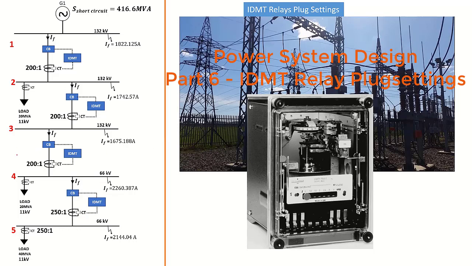As you can see, we have a 5 bus bar arrangement, and on the top bus bar we have a line that is rated at 132 kilovolt flowing downstream. A second bus bar also has 132 kilovolt, and then the third bus bar is at the same potential level. On the fourth bus bar we have 66 kilovolt. This means between bus bar 3 and bus bar 4 there is a transformer here, and so forth until bus bar 5 we have 66 kilovolt, and from there we can have feeders going into 11 kilovolt